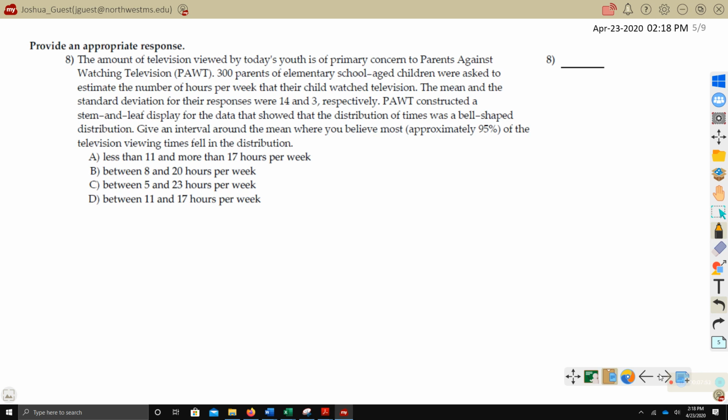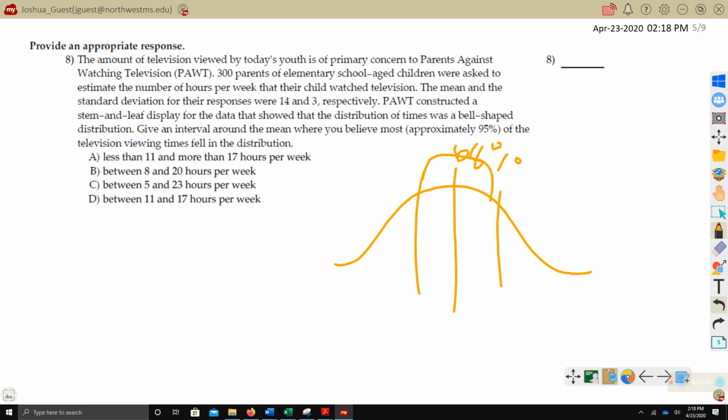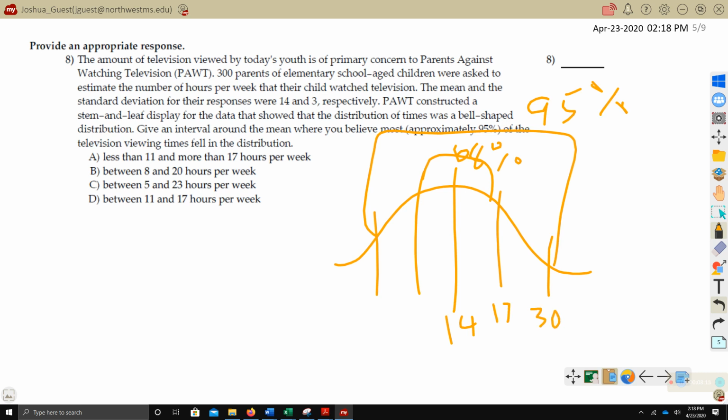So if you recall, our empirical rule says when we have our bell curve here, then within 1 standard deviation, this is 68%. And then if we go 1 more standard deviation out and go 2 standard deviations, we're at 95%. So 14 was our mean, and then our standard deviation was 3. Means we add to 17 and 20. That's not 20. That's 30. Let's try 20. Okay. And then if we subtract 3, we get 11 and 8. We keep subtracting 3.